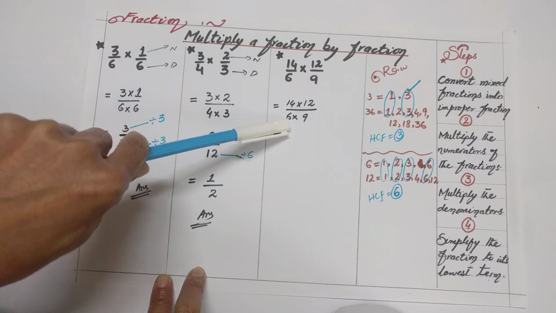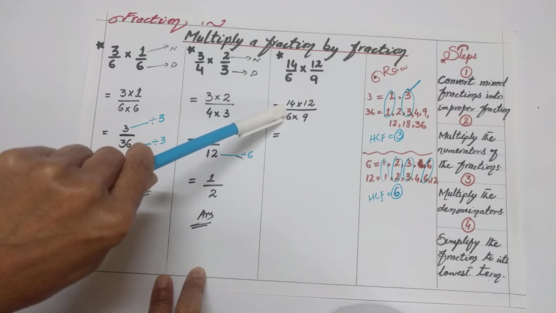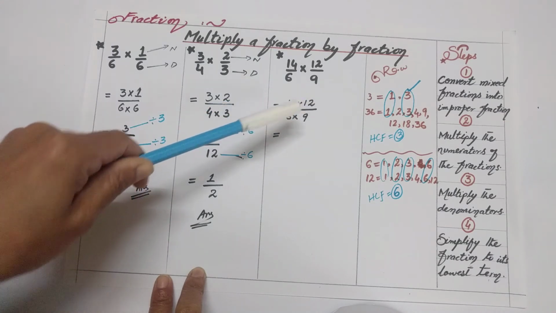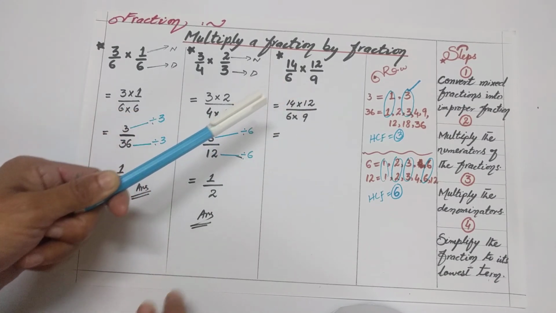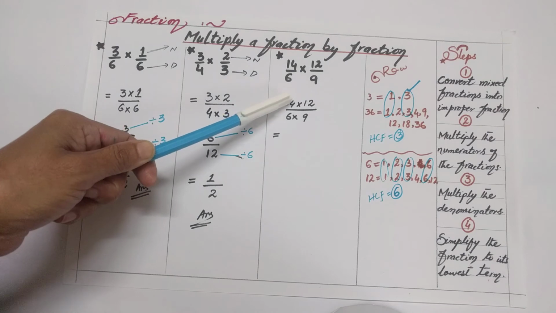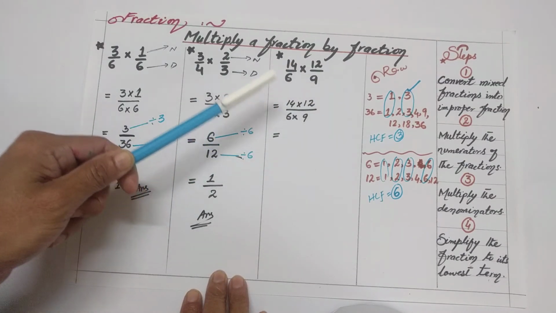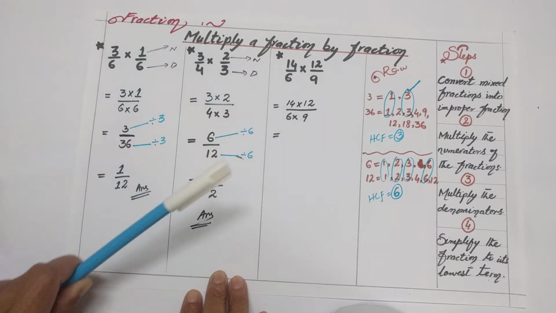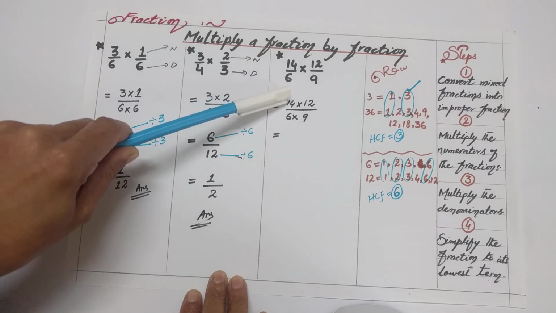You have to just check the common factor of numerator and denominator, whether that common factor will be in the cross multiplication form, maybe it will be in the downward direction, maybe in the upward direction. You just have to choose the numerator and denominator. Here, I am going to check the common factor of 14 and 6.